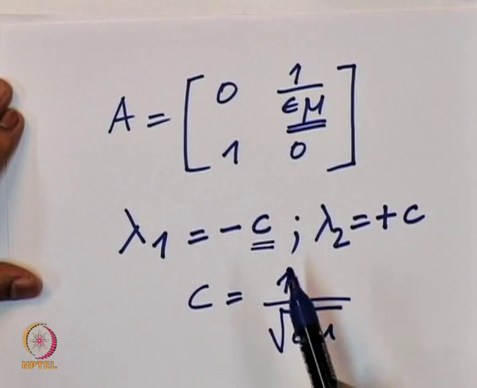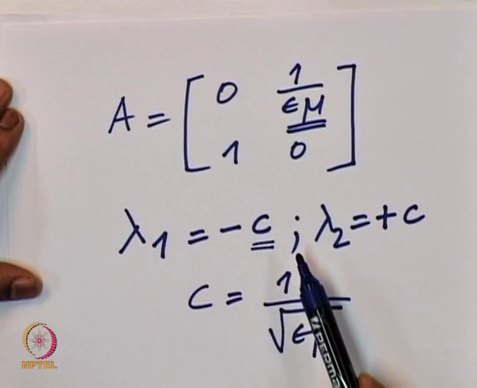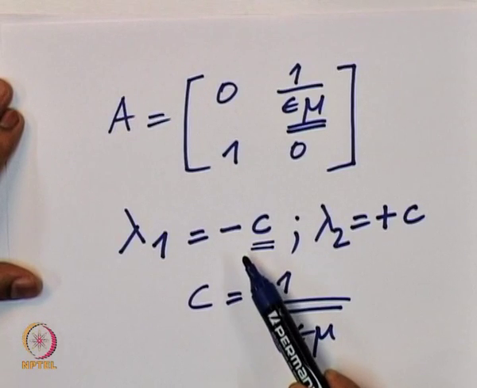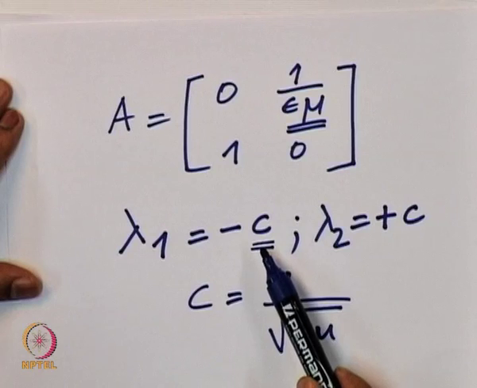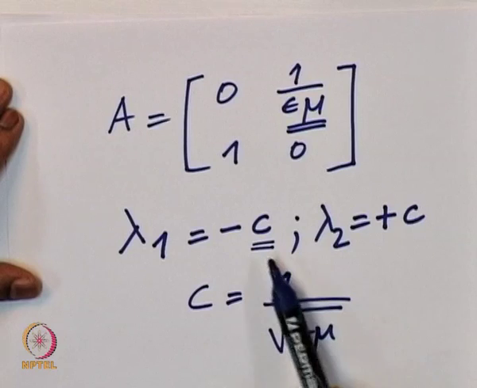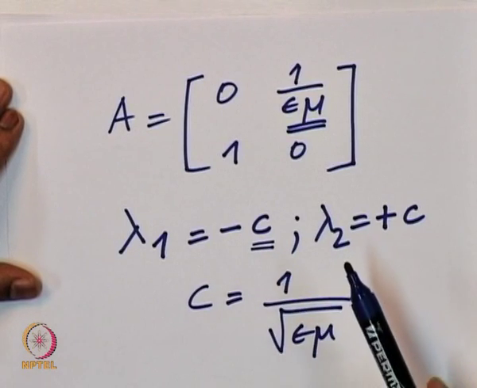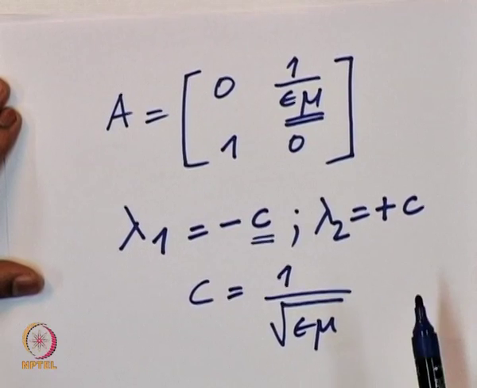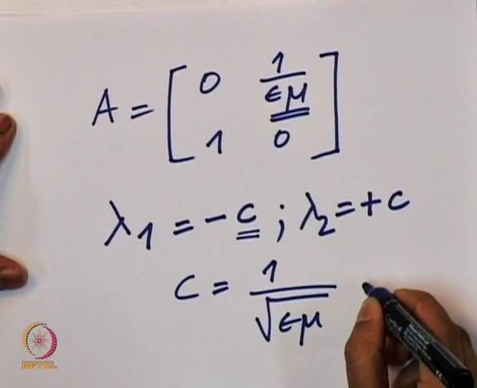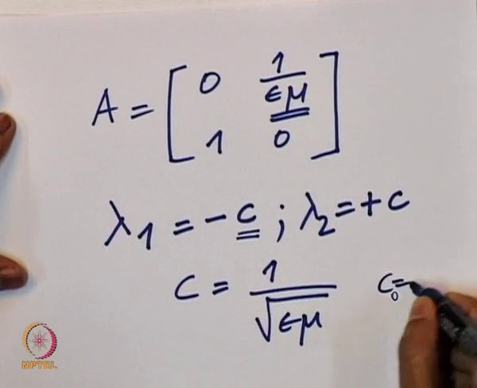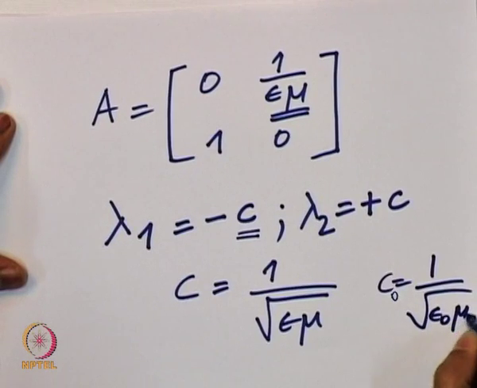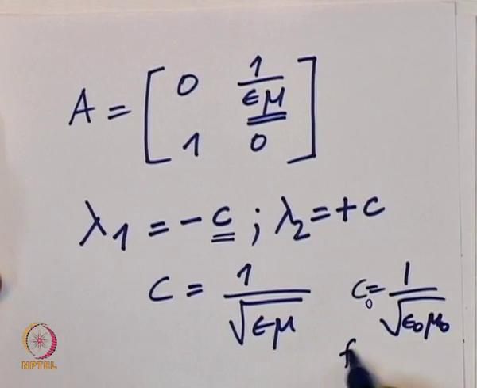As I said, eigenvalues are nothing but characteristic values, and these values define certain properties of the particular hyperbolic form. In this case we see that these are the two directions in which the wave propagates. One is a left propagating wave, the other one is a right propagating wave. And obviously when we talk about free space, c is equal to 1 over square root of epsilon naught mu naught. This is the case for free space